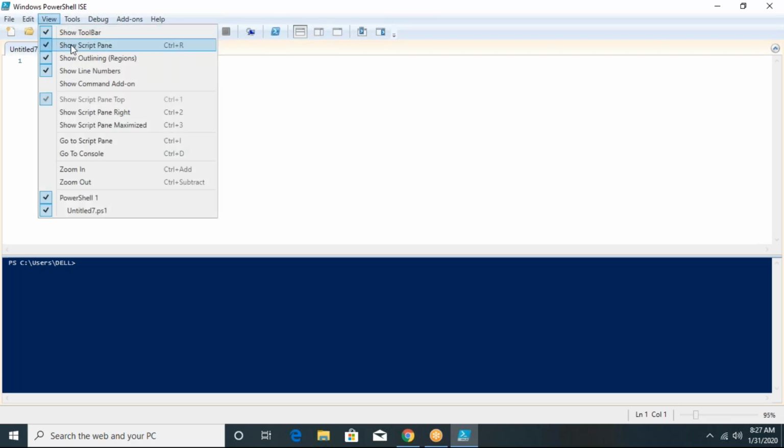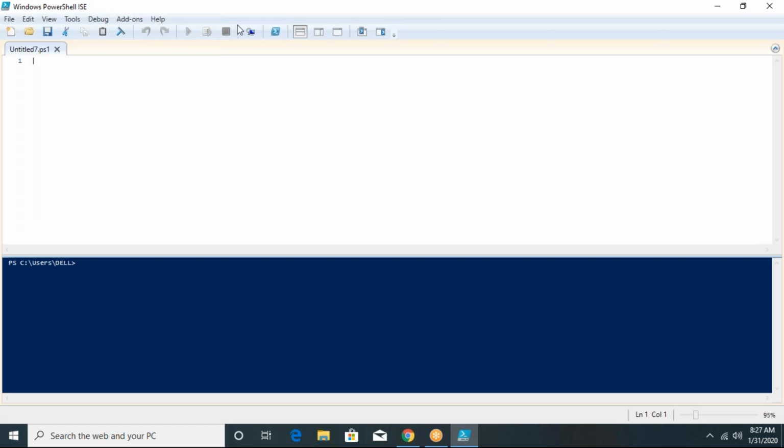View means if you want to zoom in, zoom out, or if you want to show the toolbar. You can see the toolbar on top, this is the toolbar. If you want to see it, you can use it here. Tools means